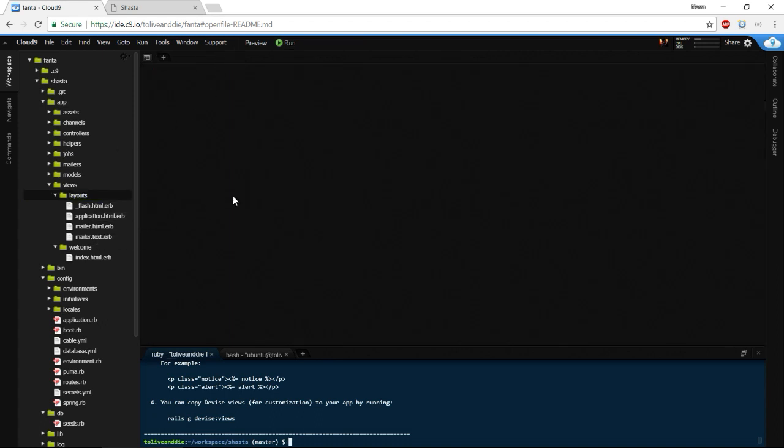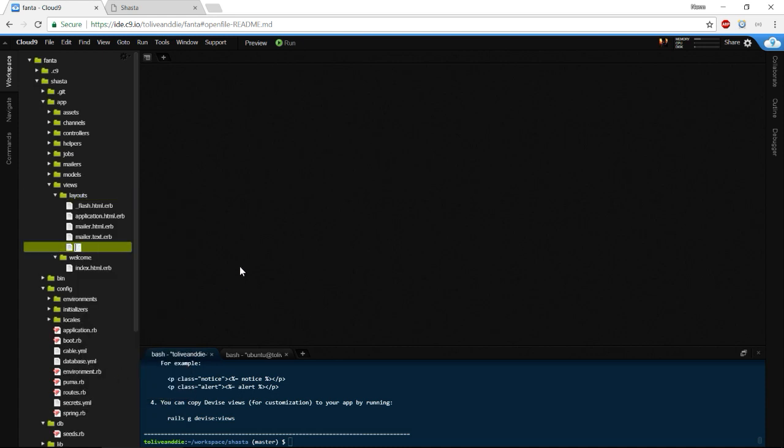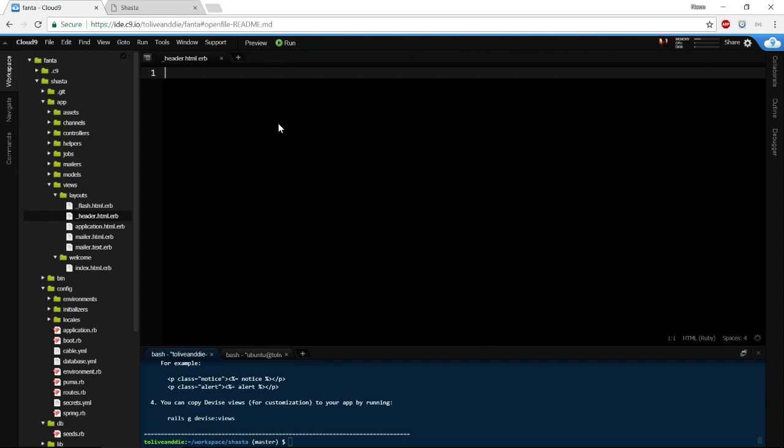And now in our header, we're going to make a header. You know, it's going to be our navigation bar. And we're going to make that file. And our navigation bar is going to give us the place where we're going to log in, log out with